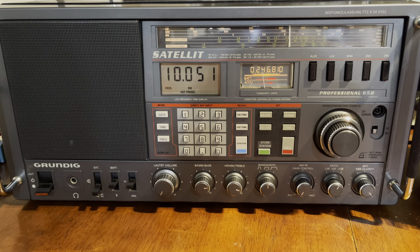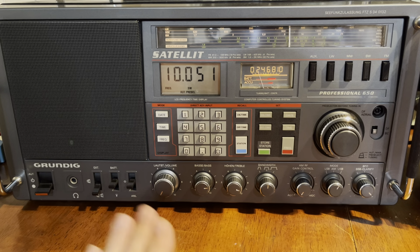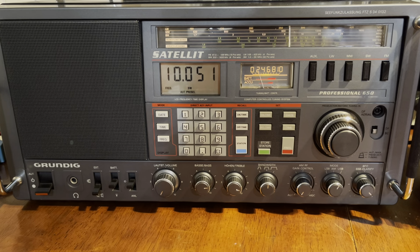So I think they started making these in either 1985 or 1987, something like that, because I got some documentation or literature with it when I bought it. And I think the retail price was $1,150 in like 1987. A lot of money back then. So yeah, this was like the rich man's radio. Anyway, so this was Grundig when Grundig was Grundig, not now when Grundig is eaten. Okay, so fake Grundig, I call them. So anyway,